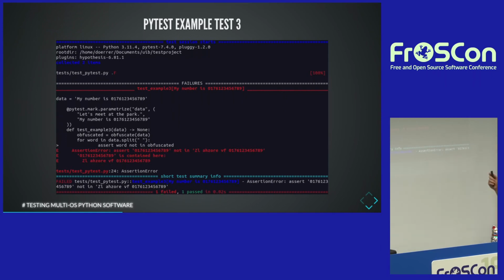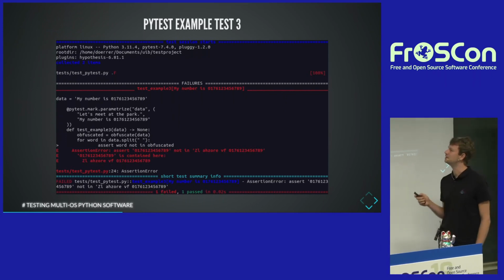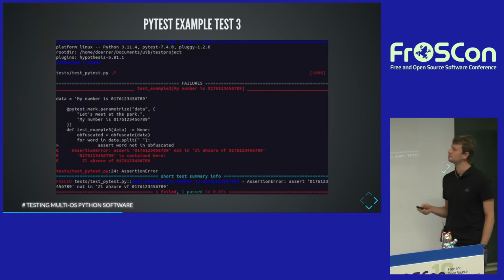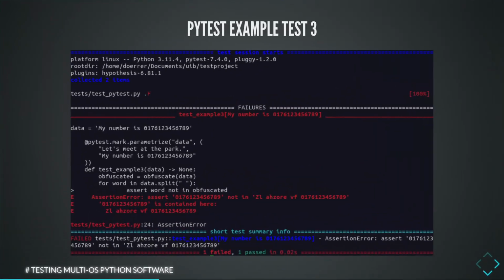All right. First of all, you can see the first test passed. There's this green dot, and then the second test failed. And here you have a summary of failures. You get which was used as parameters. So our data parameter is this input string we used. You can see the function here again. You can see the line where the test failed. And you see here the assertion error, assert, and then this telephone number was not in